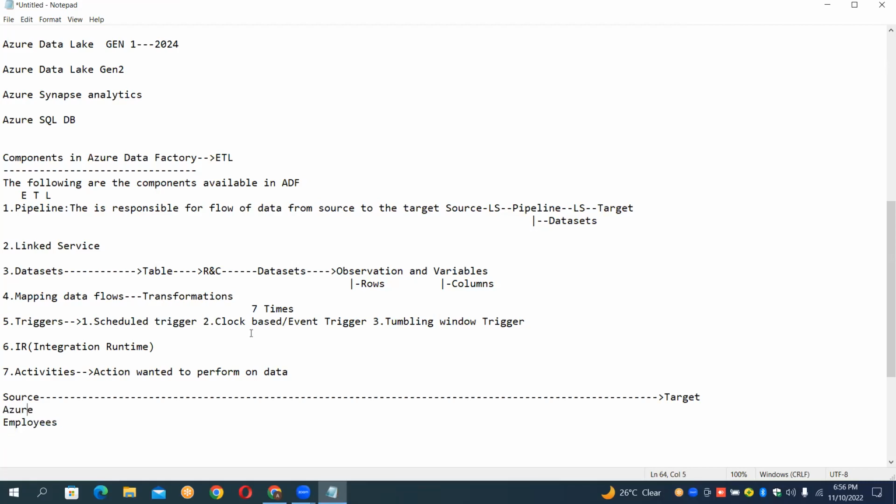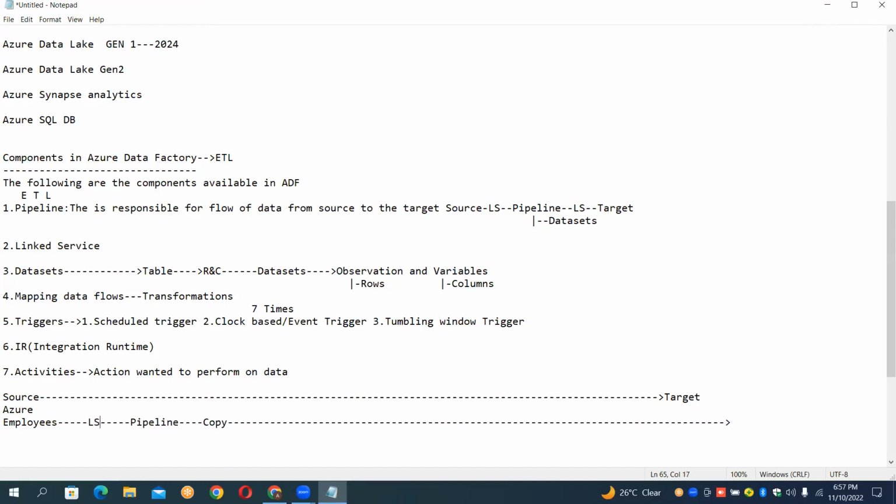Tell me now, to copy this file or to create a copy, we require an activity. What is that activity we require? We require an activity called the copy activity. Now we copy the data from the source to the target. But copy is an activity which is done within what? A pipeline. The copy is the activity which is done inside a pipeline. Whereas to relate the pipeline with the source, we require what, guys? A linked service.